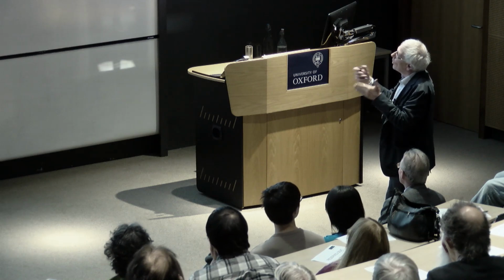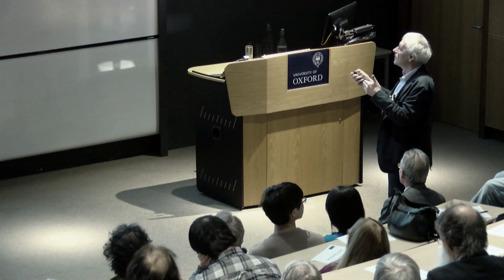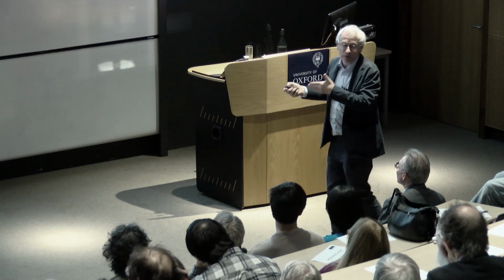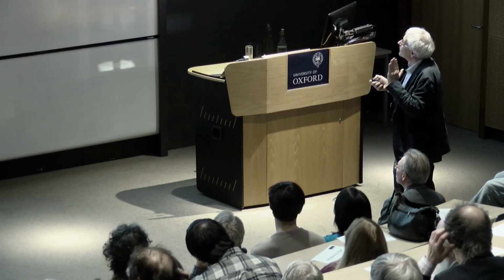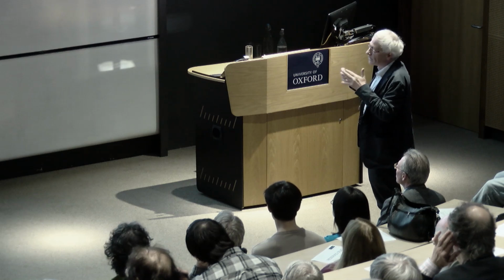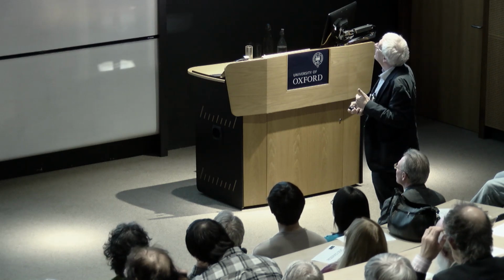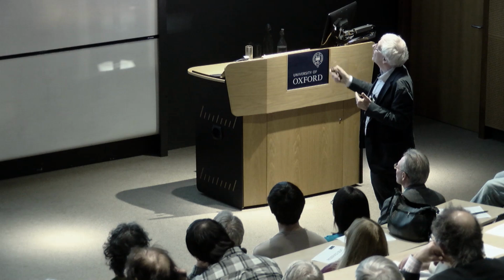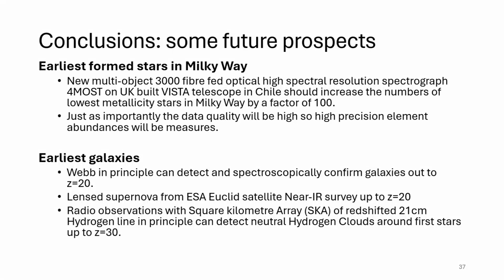It's not going to be so important for high redshift galaxies because you really have to go to space for the highest redshift galaxies because the sky is very bright. So it's optical, and it's also high dispersion, so we can actually do all the chemicals. So it's high precision.